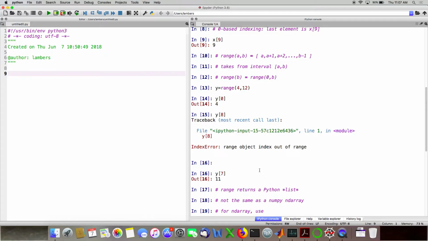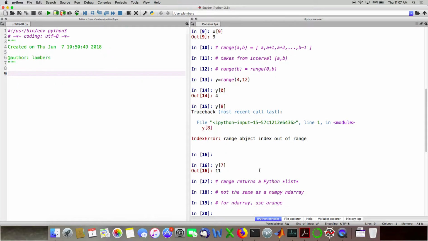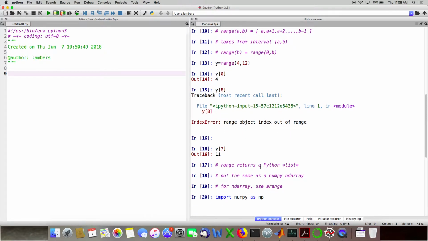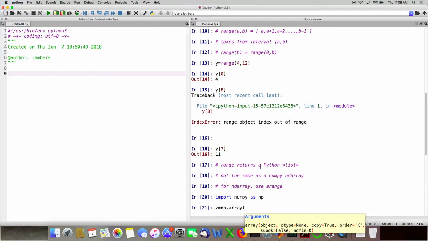It's arange. Okay, so I'll show you how to use that. First, I need to import NumPy again as np. Okay, and I'll do like z equals np dot array. Now,